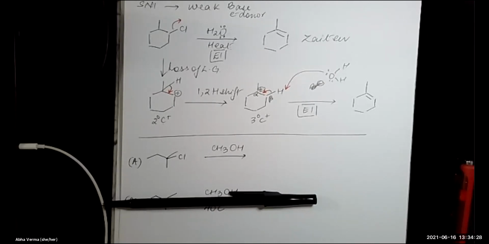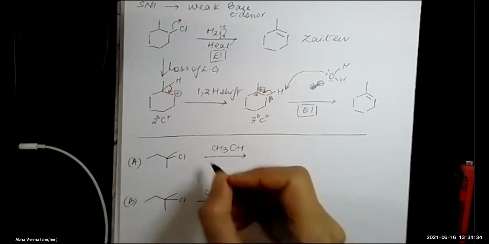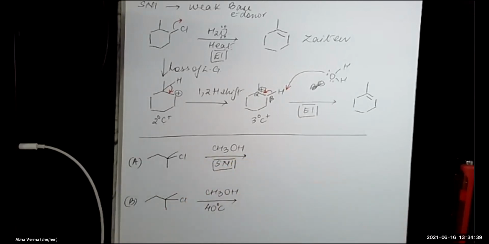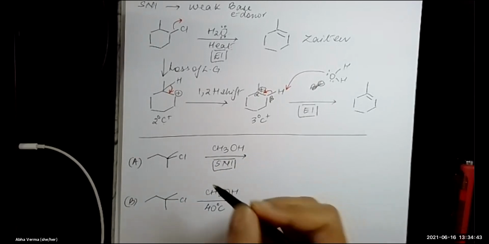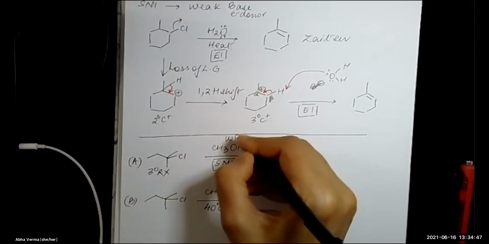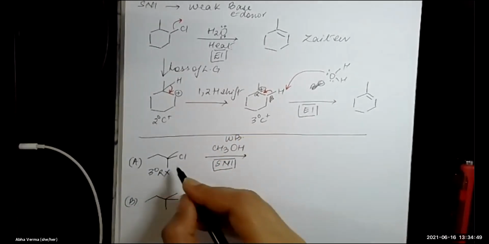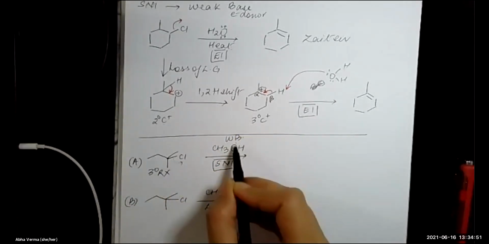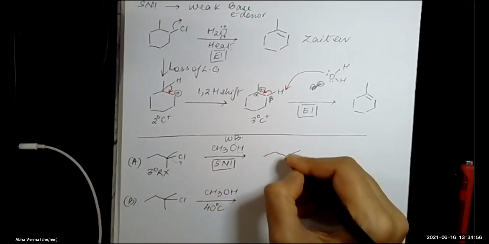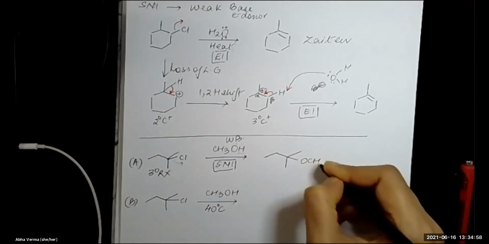And I see that most of you have chosen the right answer, which is SN1. This is going to be your SN1 mechanism, because you have a tertiary substrate and a weak base. So the leaving group leaves, the incoming group attacks, deprotonation will also occur, and then I will get this